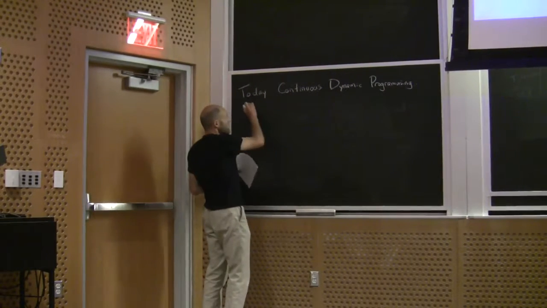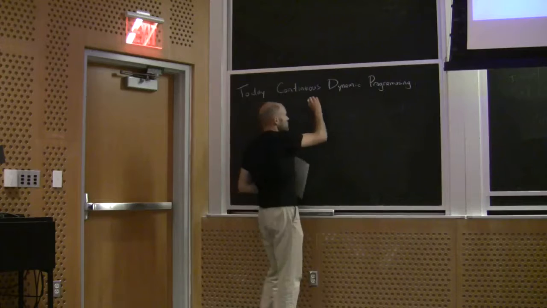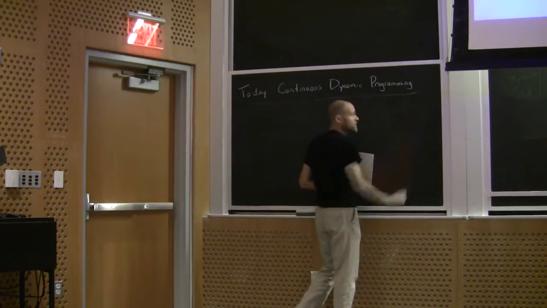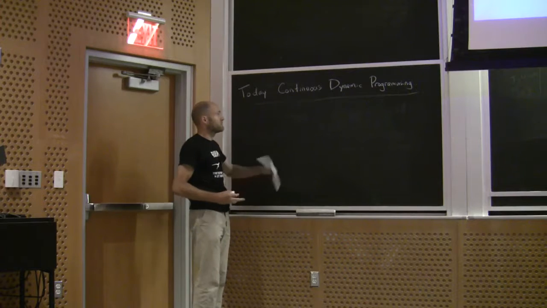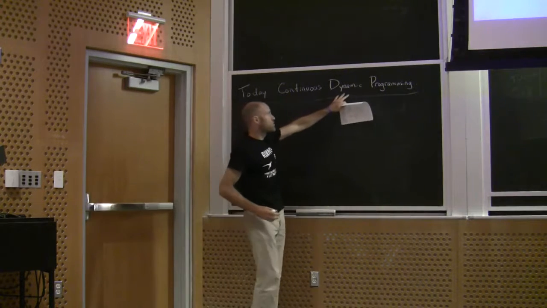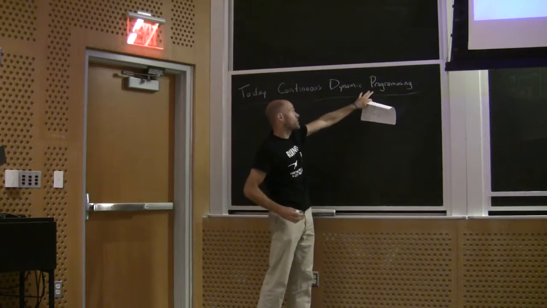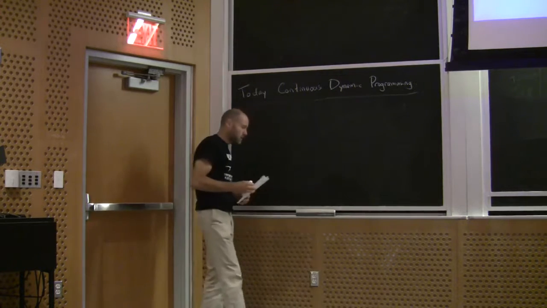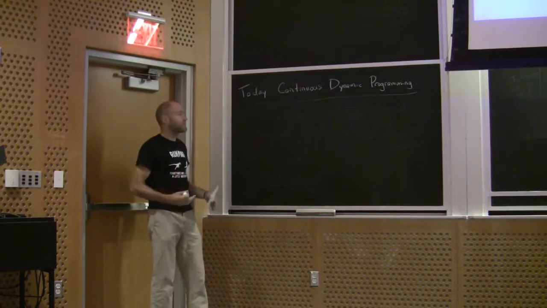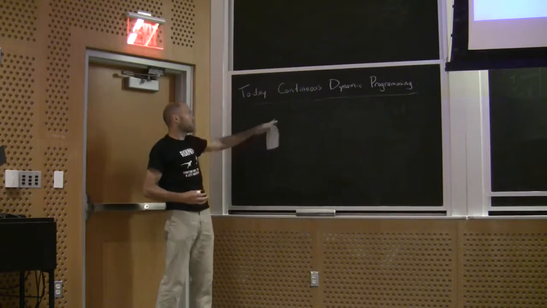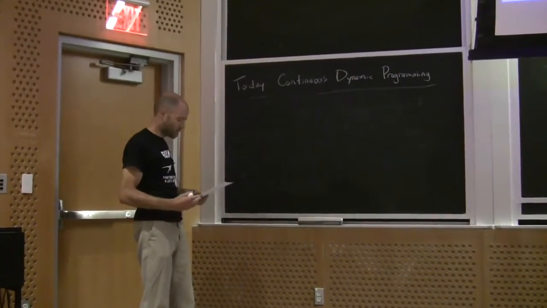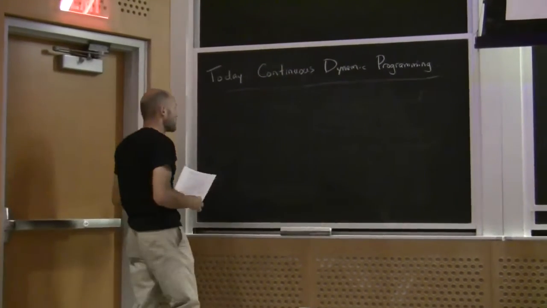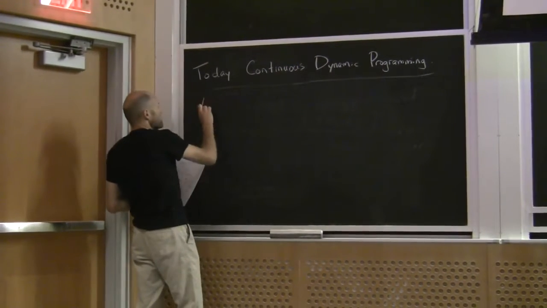So the goal for today is to take the intuition we started with using graph search in discrete versions of the problem, and to introduce that dynamic programming framework as a way to solve our control problems. But I would like to extend it today to the continuous time, continuous state, and continuous action case, right? We actually discretized all three last time. So let me just, for context, remind you